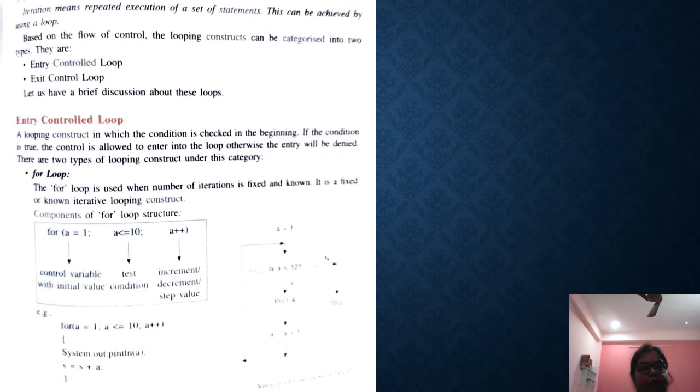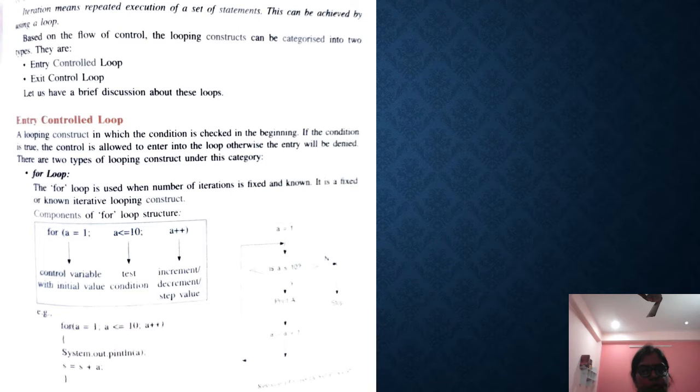What is the for loop? In the for loop, the condition is fixed, the iteration is fixed, and we know how many times the loop is going to work. As for example here, a is 1, here is initialization, the variable which has been controlled, and the test condition shows it will work till a is less than or equal to 10, and there is increment and decrement.